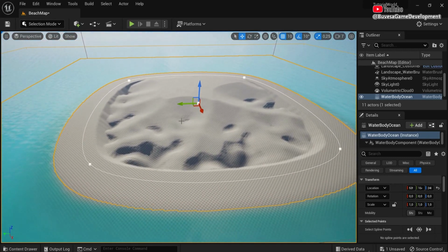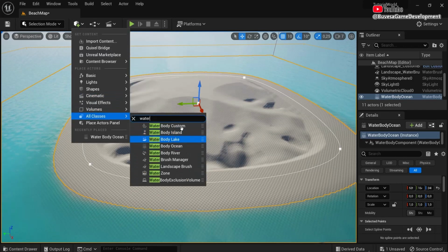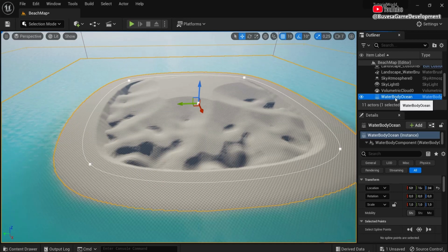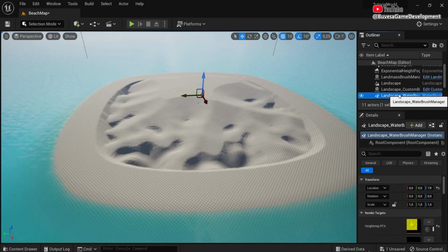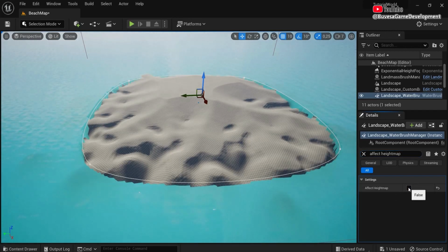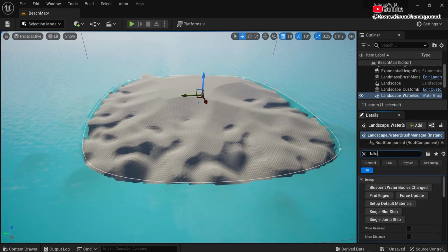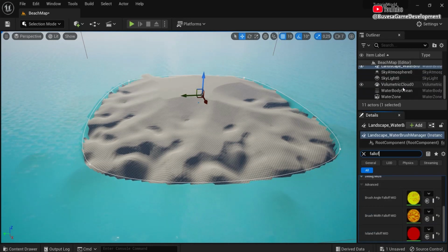Now if this somehow didn't work, maybe you have to save, restart Unreal Engine again, and then drag in the water once more. So you have the water body ocean right here, but you can see this is ugly like this. So what I'm going to do, look here at the landscape water brush manager, and I'm going to look for effect height map. So I'm going to disable this one, and also I'm going to look for the fall off right here, but then I'm going back here to